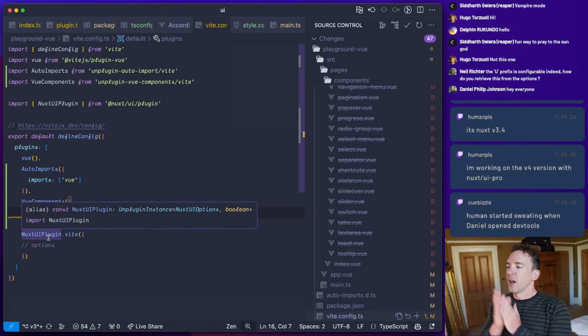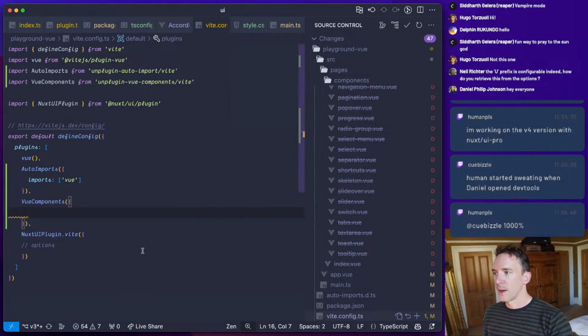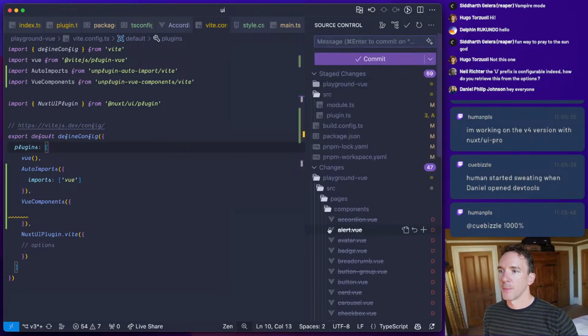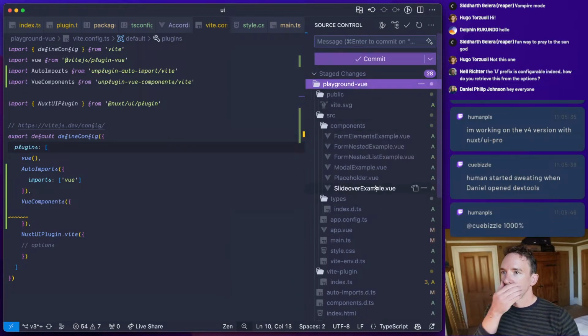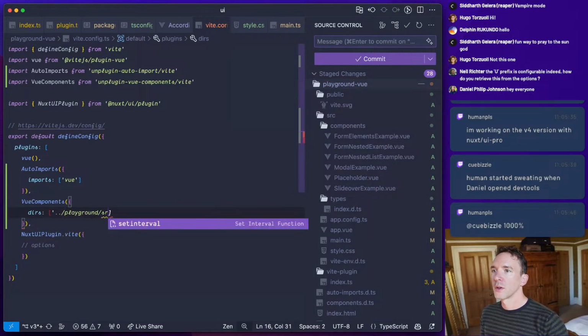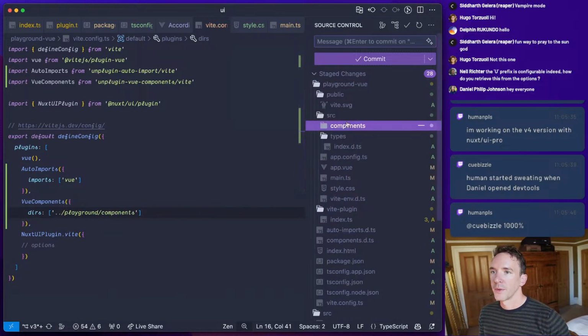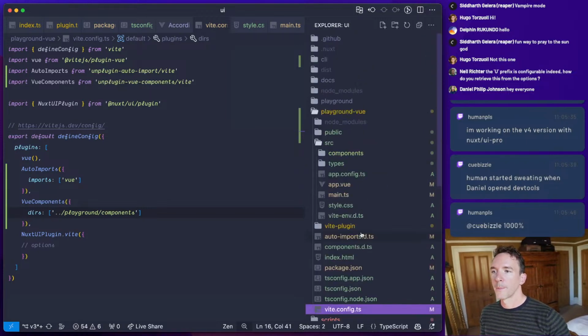Right. So we have Vue components, which we will need for components in our playground, right? So let's pull out the pages; they're not required, and the components, they're very small. So can we just do docs? Yeah, we can just do docs, and so we'll basically do up playground components, I guess. And then I think we don't need to have these components here, so we can delete those.